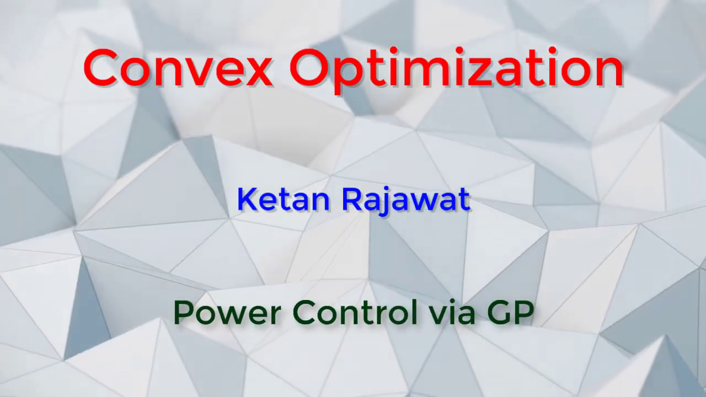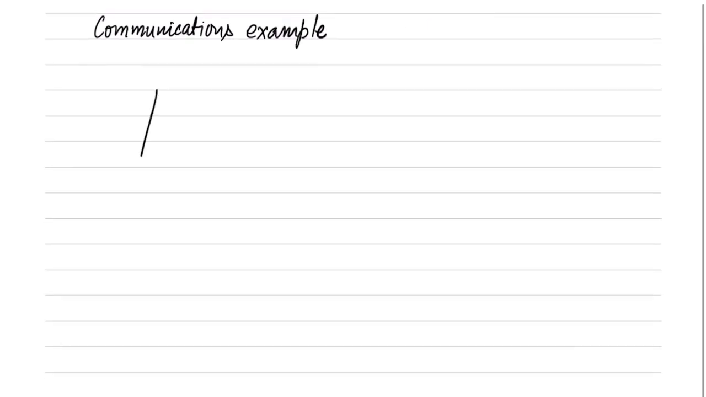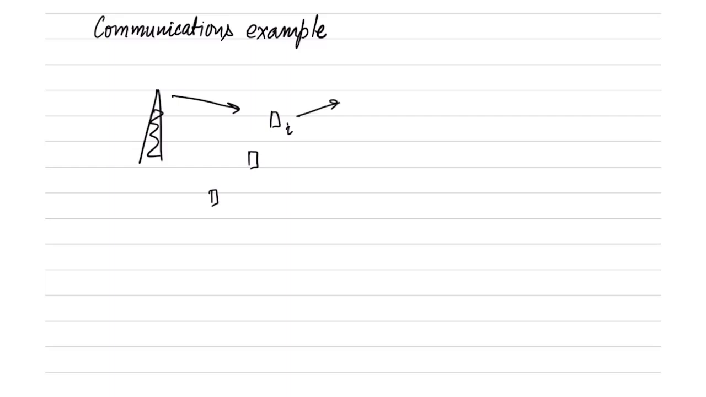Let us consider a communications example that will allow us to demonstrate the use of GPs. So let us say that there is a mobile tower which is serving many users, right? So there are many users indexed by i, and the transmit power assigned to the ith user is Pi, and the channel gain between the tower and the ith user is given by